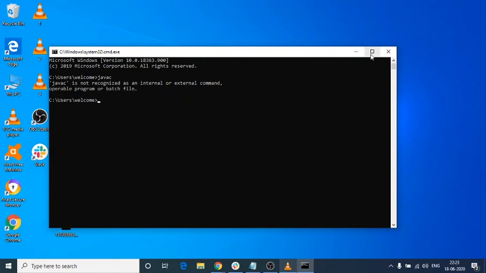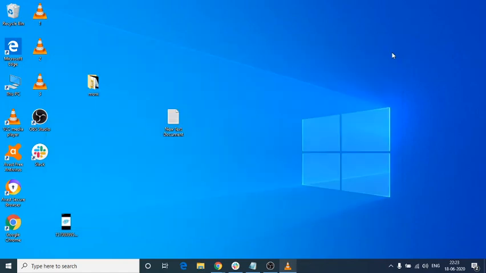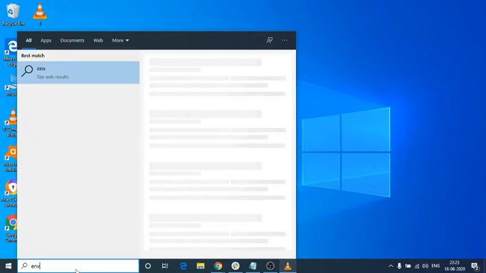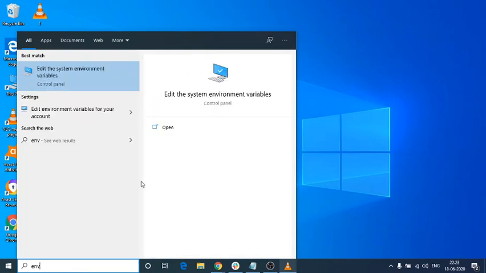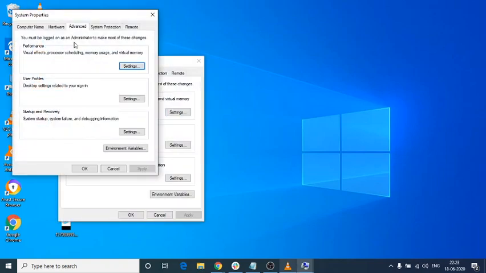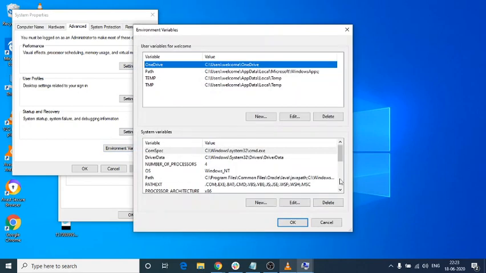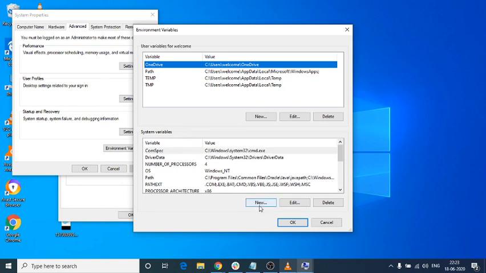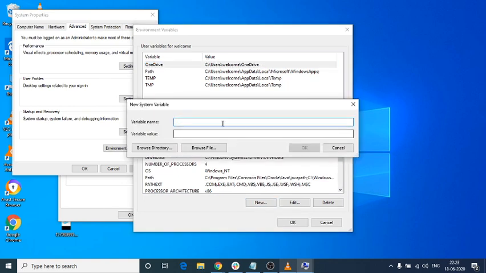There are two ways we can set it. One is to type env in the search bar for environment variables, and you will get it directly. From here, click environment variables, and here you need to set the path.